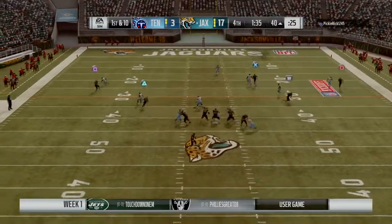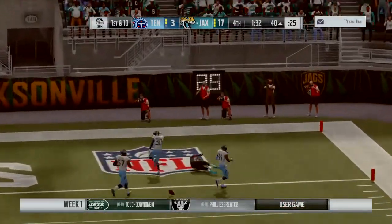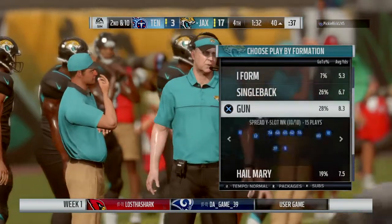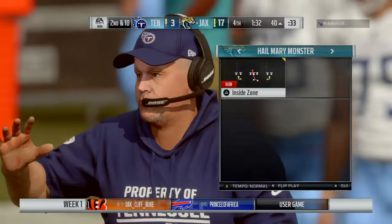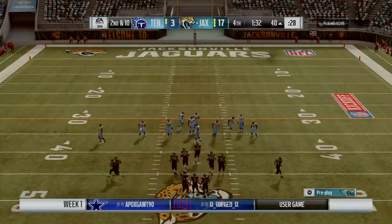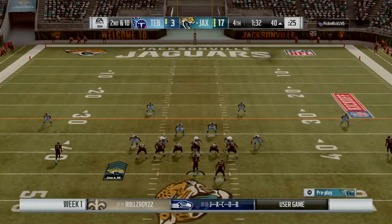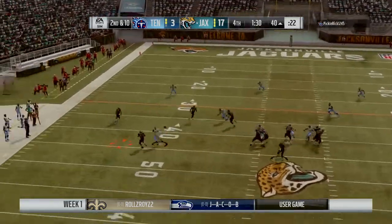Oh, Wilson going to throw. He'll rifle this one deep right side, and it drops down incomplete. Thought he might have had it. Instead, second down. Despite the lead here in the fourth, they're still taking shots. Not content to sit on this lead at all, and to me it raises the question of what's right in this game nowadays. Do you sit on the ball and run it because you have enough of a lead? Or do you try and extend it because you always feel like the other team can...